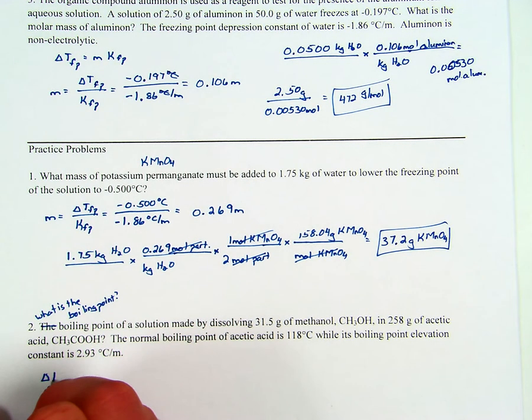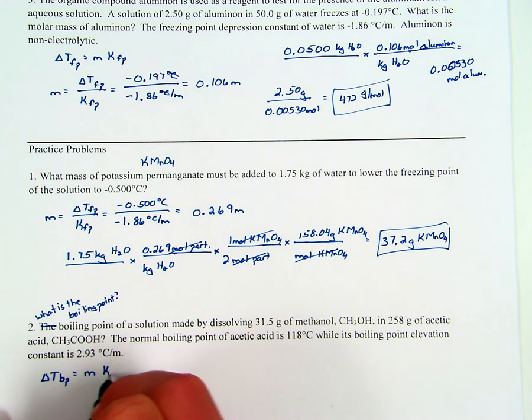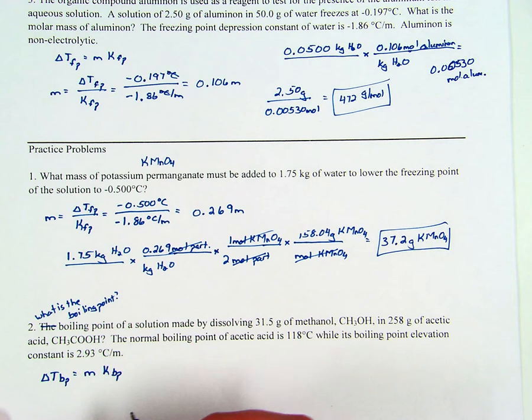So the change in temperature of the boiling point equals molality times the boiling point elevation constant. So we need to find the molality. Remember, solute over solvent, methanol is our solute. So I have 31.5 grams of the methanol CH3OH for every 258 grams of the acetic acid. Alright, so molality is moles per kilogram. So I need a gram to mole conversion. So the molar mass of methanol is